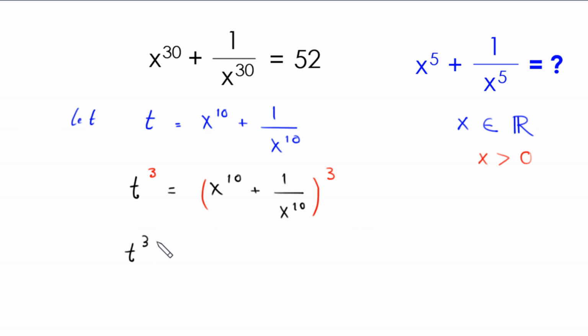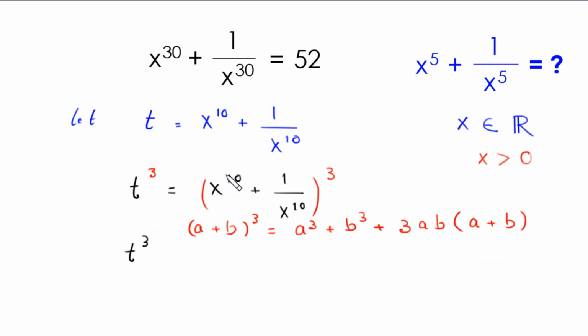And by using this algebraic identity, a plus b whole cubed is equal to a cubed plus b cubed plus 3 times ab times a plus b,